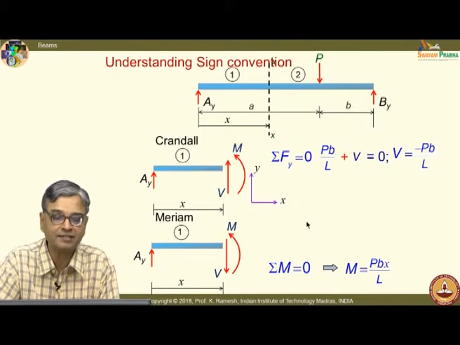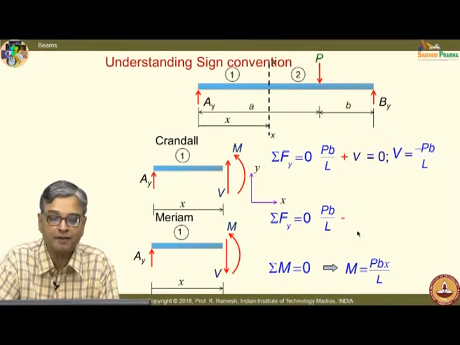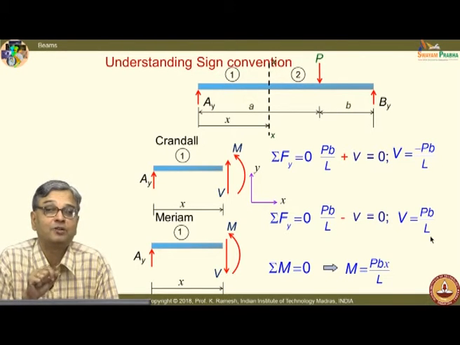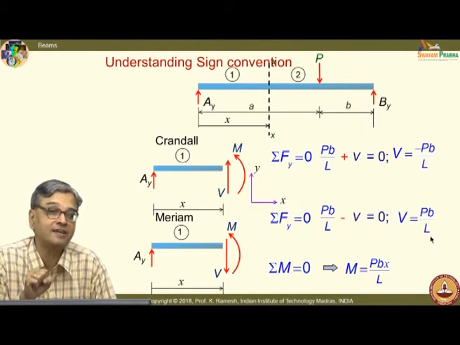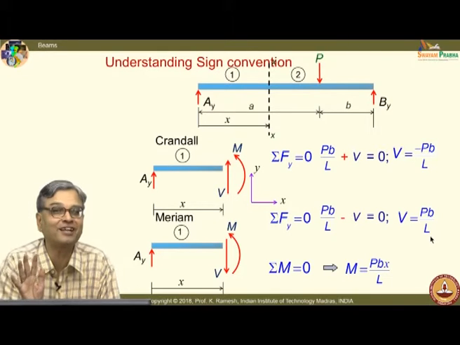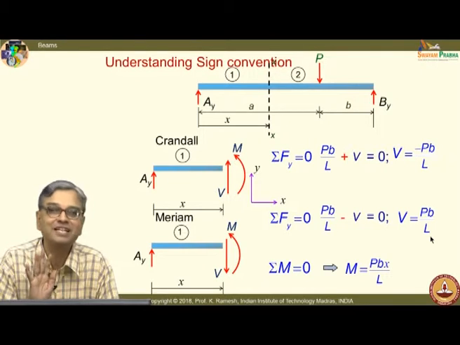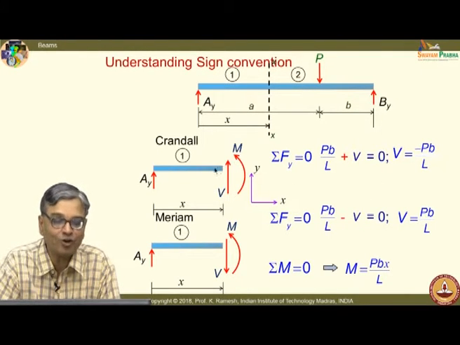So, you should understand this distinction clearly. When I write this sigma Fi equal to 0, I will have to write this as Pb by L minus V. This would give me V equal to Pb by L. It might appear trivial, but you will get confused when you start thinking at the examination hall. It will be very crystal clear now, because you understand the subject better when you prepare for the examination. Then you suddenly start thinking, get thoroughly confused and write the bending moment and shear force topsy-turvy. Please have clarity on how we are doing it.